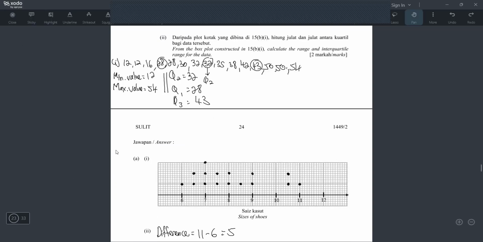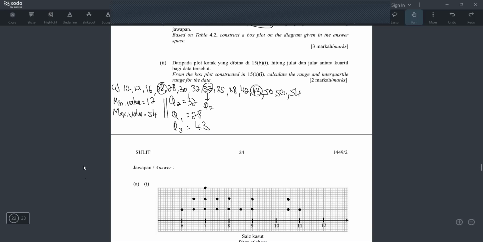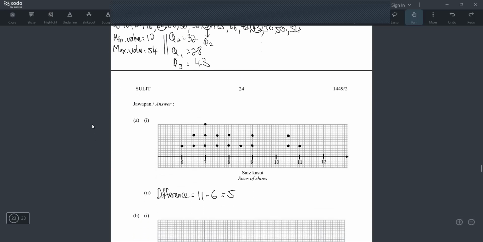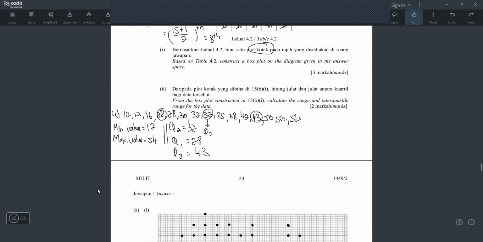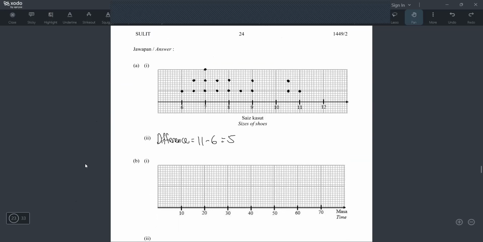Okay, after having these 5 pieces of information, now only you can draw your box plot. So remember, without these 5 pieces of information, you cannot draw a box plot. So next time if I ask you how to draw a box plot, you have to tell me kena ada minimum value, maximum value, Q1, Q2, Q3. Kalau tak ada, tak boleh lukis. And one more thing, by the way, before you find Q1, Q3, can you see you need the Q2 first? Yeah, because if you want Q1, Q3, you need to know the middle first. After you know the middle, baru you boleh cari middle punya middle. Okay, so macam tu lah.